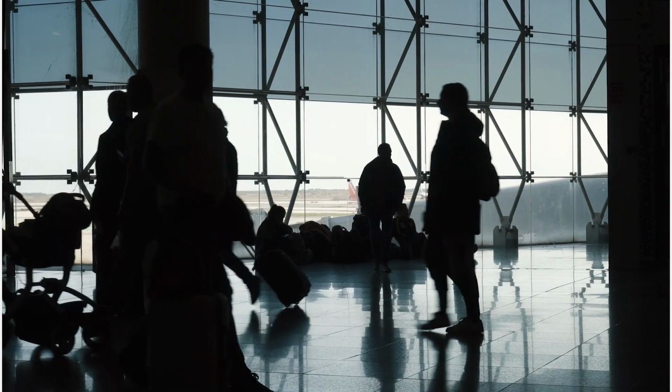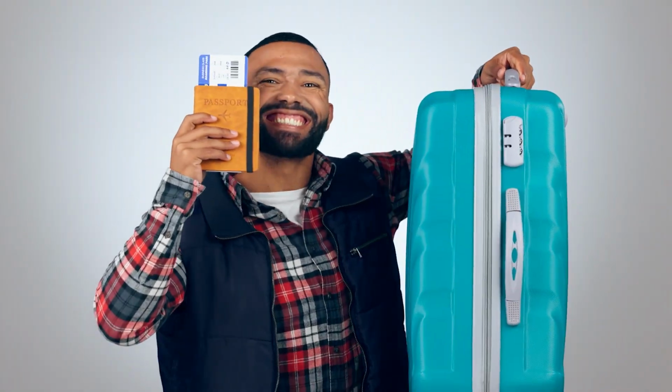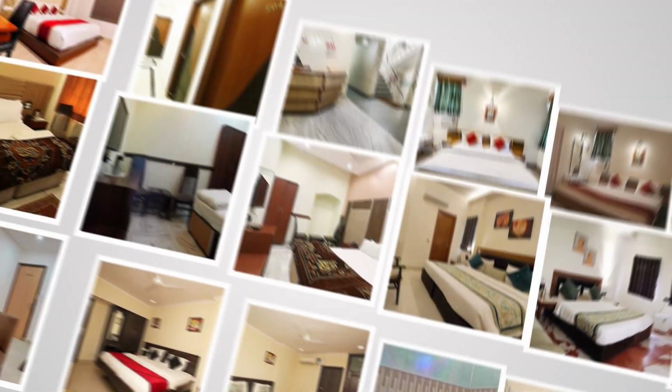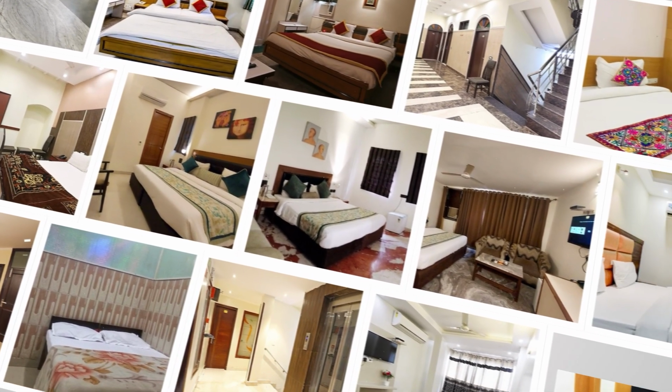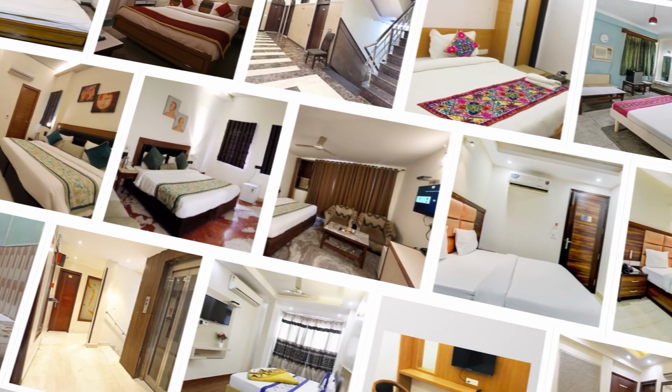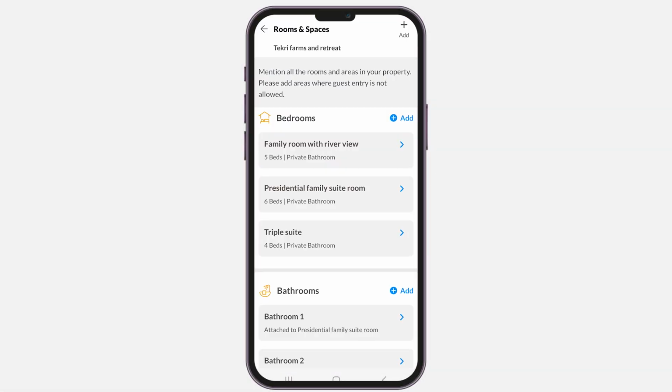Different travelers have different preferences. While couples or families may prefer full privacy, solo travelers or backpackers may enjoy shared spaces for interaction. Hence, it is crucial for you to update your property's rooms and spaces as shared or private to set the clear expectations. Go to Rooms and Spaces and click on Add on the top right corner to mention the total